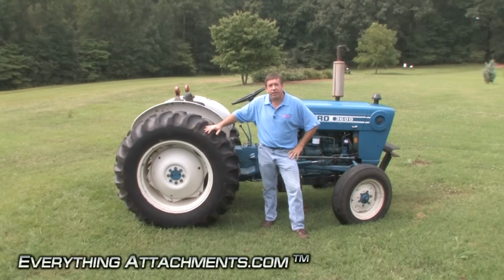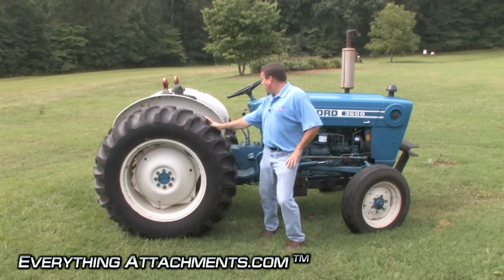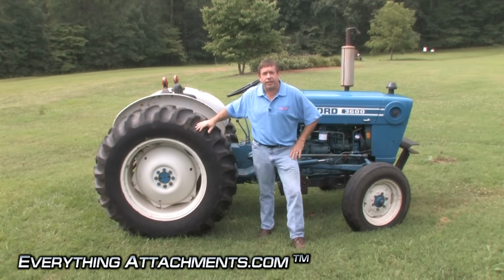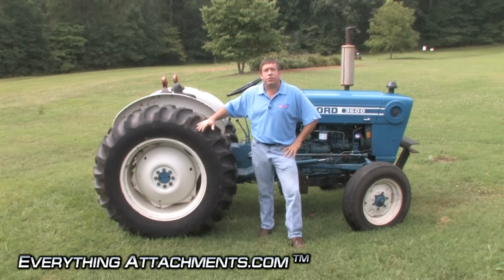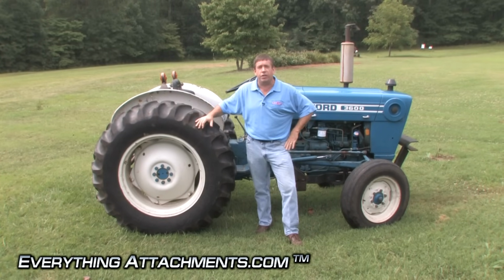Hi, I'm Ted from Everything Attachments, and we're here today with a typical tractor. This is a Ford 3600. This is a 1978 model. When I was a teenager, I actually rebuilt this tractor and painted it at my father's dealership and sold it